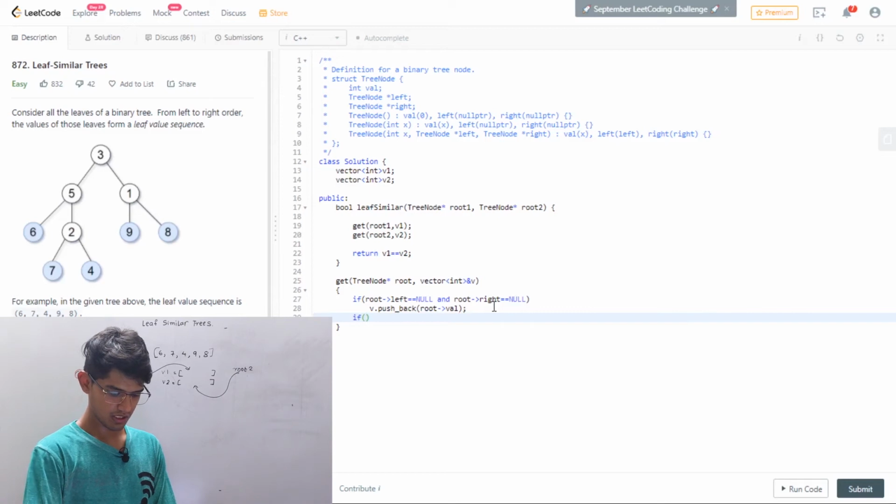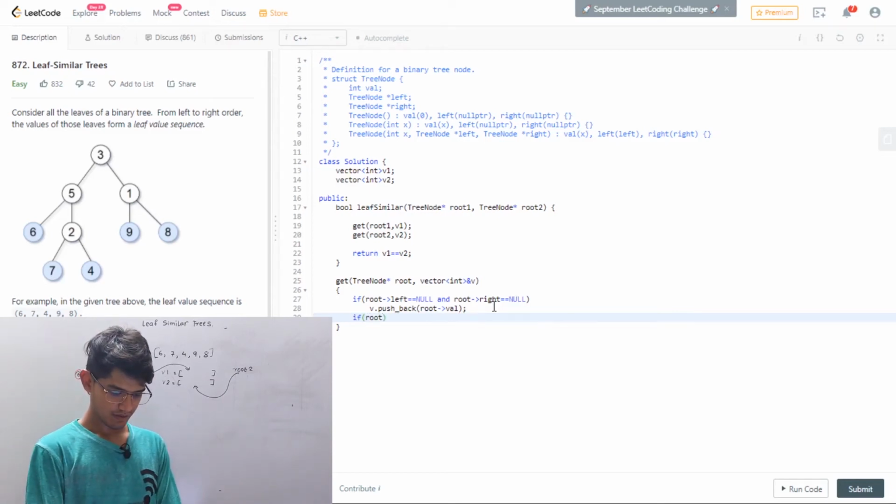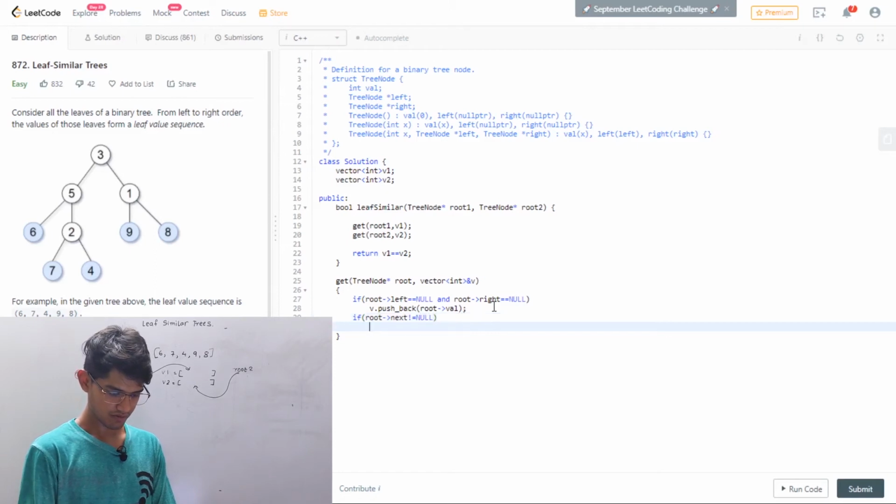Now we'll be iterating towards left and right. For that we need to check whether root's left is not equal to null. Only if that is the case do we need to iterate towards left. So we'll be again calling that get function with parameters, that is root's left and vector v.